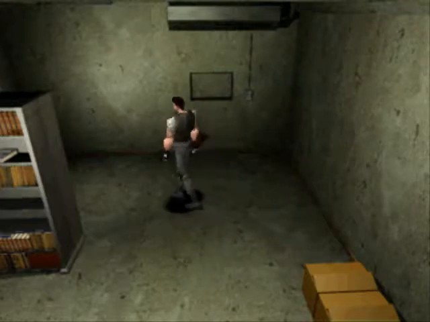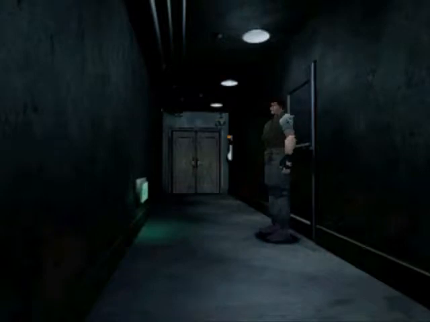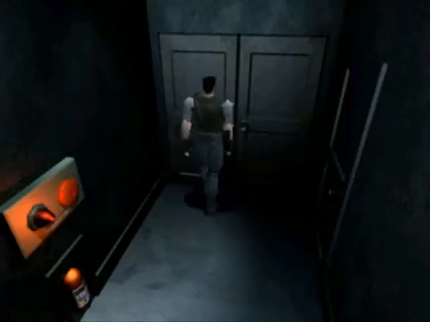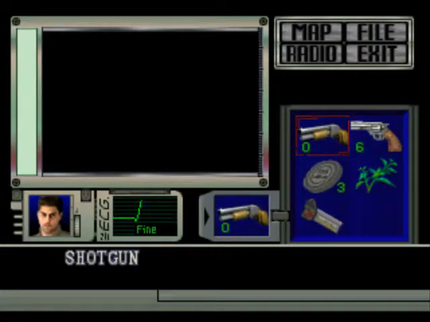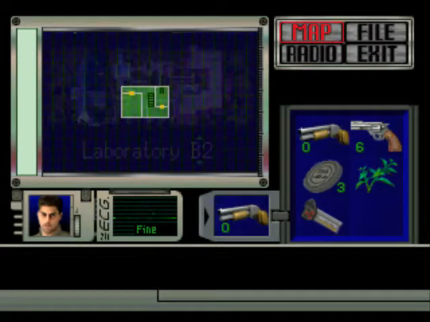So apparently Umbrella appear to have a biblical complex of sorts. That is the first passcode, but we're not going to enter it just yet. We need to get somewhere else. And interestingly enough, using